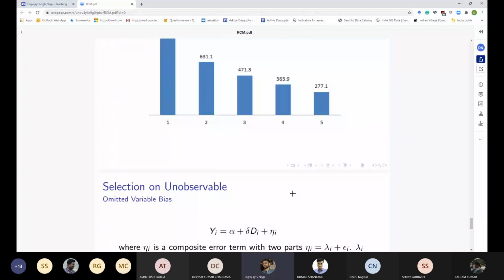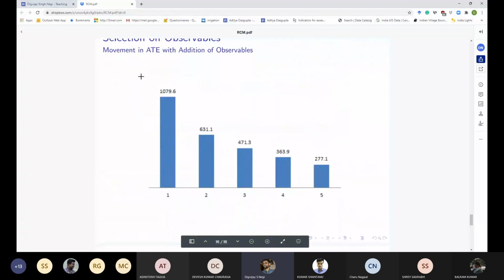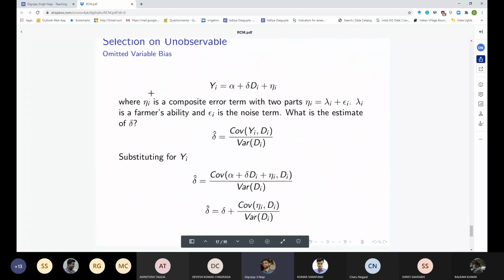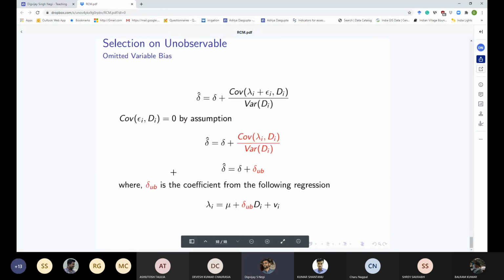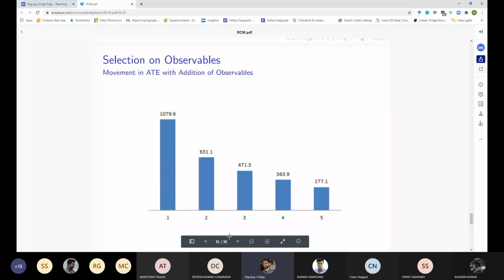So that's the thing. We can formalize this. What we observe in this example can also be formalized econometrically. Selection bias can also be interpreted as omitted variable bias, right? I think I should stop. I should not rush into this because this is important. I will stop, and if you have questions, you can ask questions.